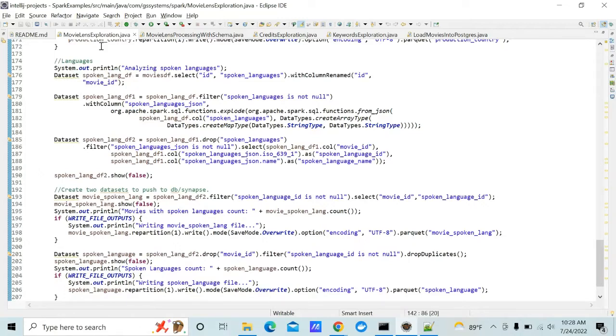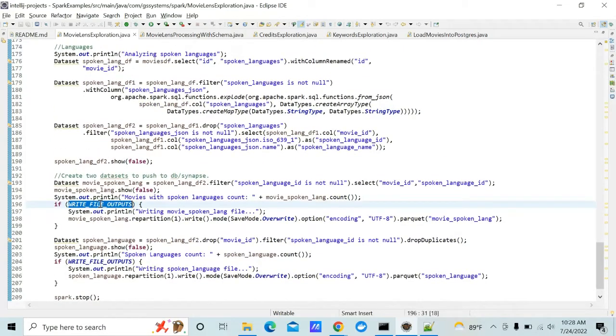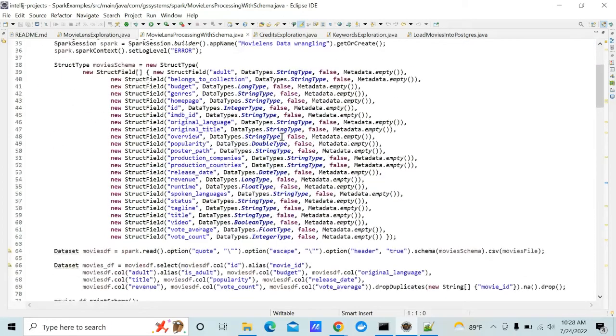So the same concepts apply. If you see here, if you don't want to write it out, I have just put a flag here. You can change it if you need to. So this puts out a lot of these relational tables. This is the main MovieLens dataset. This is the main table, which will have all the